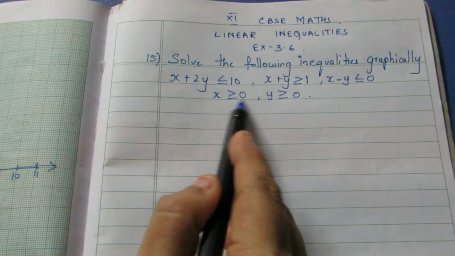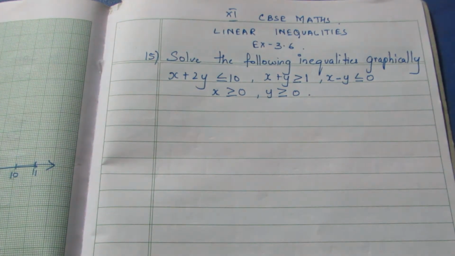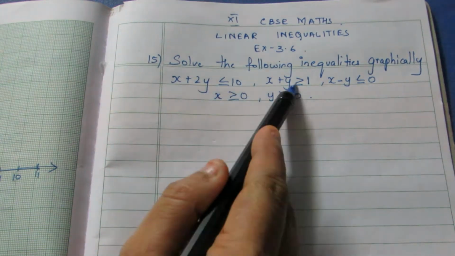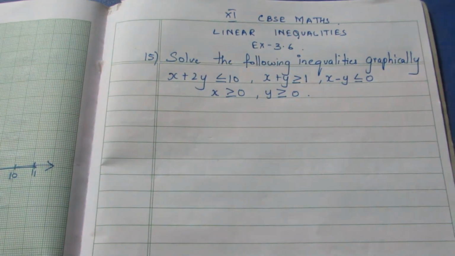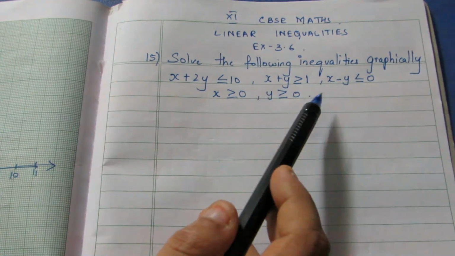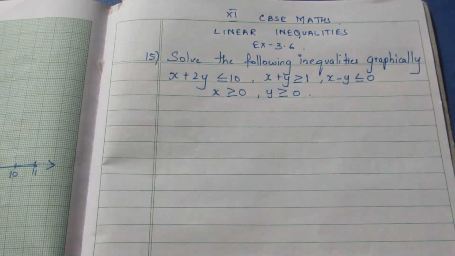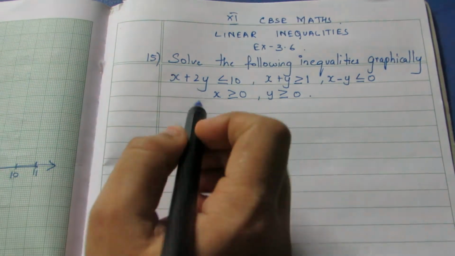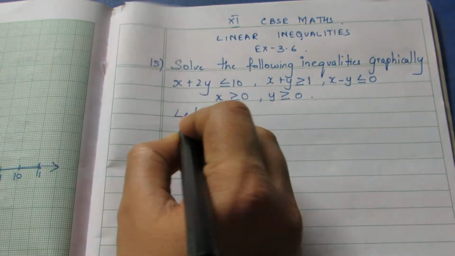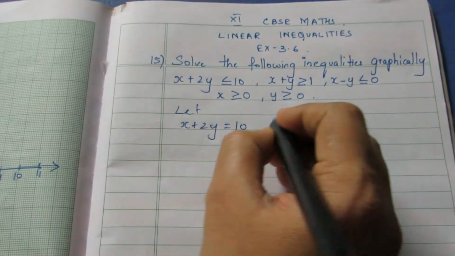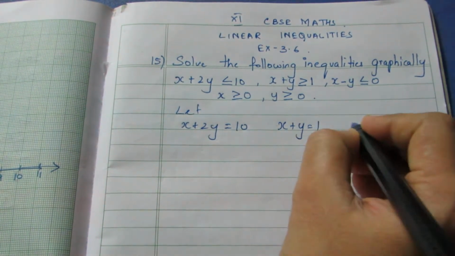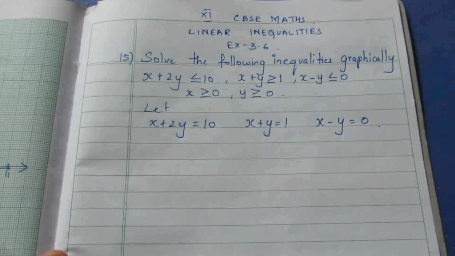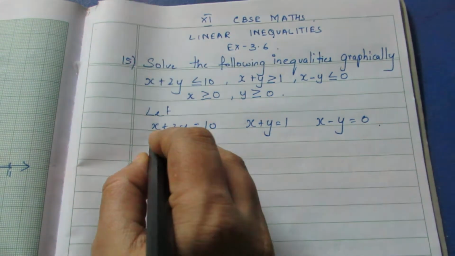These last two, if we put them equal to 0, are on the x-axis and y-axis, so there is no need to substitute points over here. Let us take all the three. Here they are given in inequalities. We can't solve a graph in inequalities. For that reason, I am going to take it in equation type. That is, I am going to put this equal to a number, that is, let x plus 2y is equal to 10. The same way x plus y is equal to 1, x minus y is equal to 0. Substitute the value of x and y to find the solutions to mark in the graph.